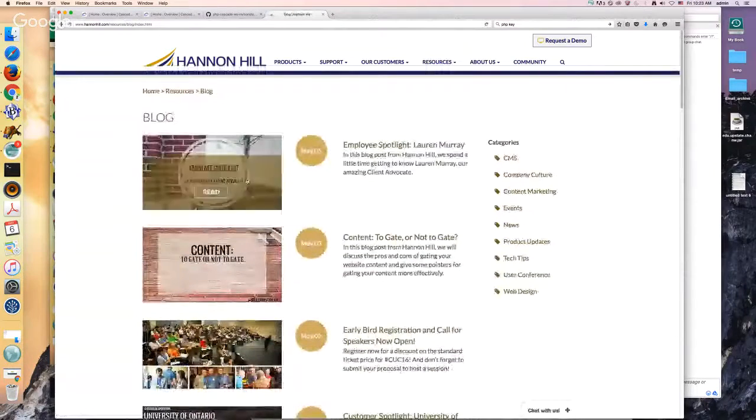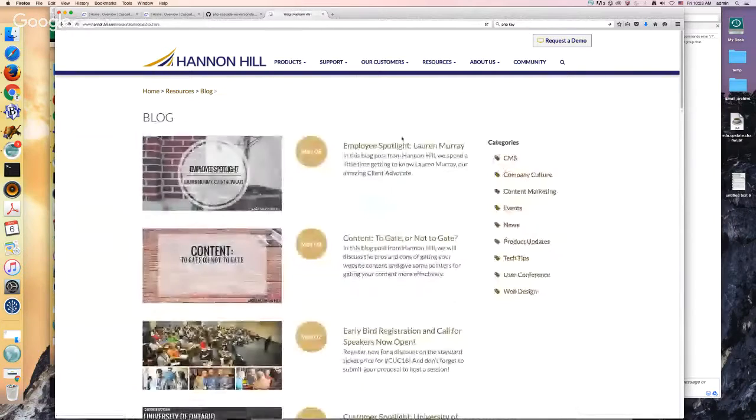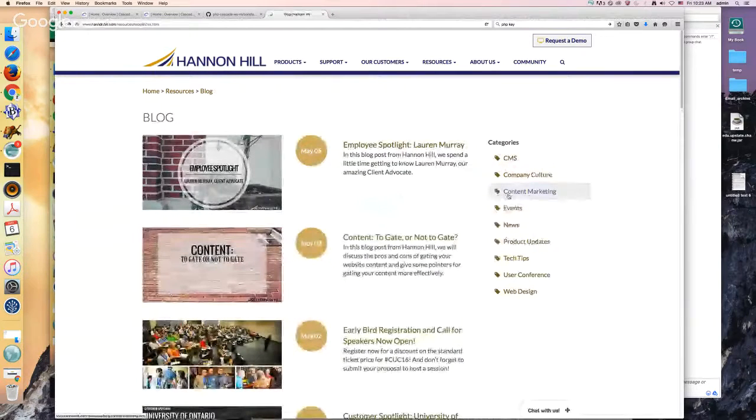So the center column is divided into two sub-columns, but on the right side, we have the right navigational column, like listing all the categories. If we go to a specific blog article, we have another page type. This right column is wider than the one we saw a moment ago. So if you compare the two, this one has a narrower white column, but this one has a wider right